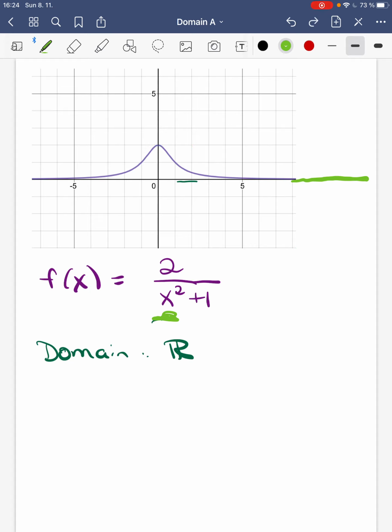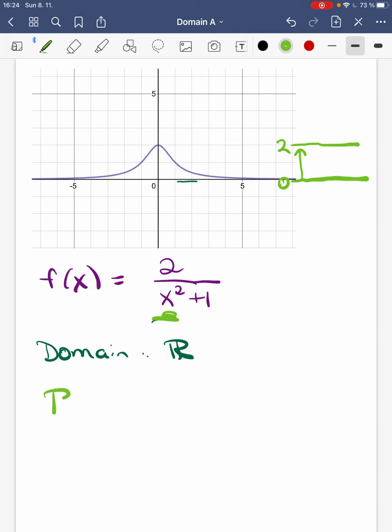And this is a bit trickier. To be really sure of this, you can do calculus, but you have to learn how to do calculus to know that that is the max value. But there are no tricks here, I promise. The range is just from 0, not including 0, to 2, and it includes 2. Now that's a little tricky. I wouldn't ask that question of you on an assessment,